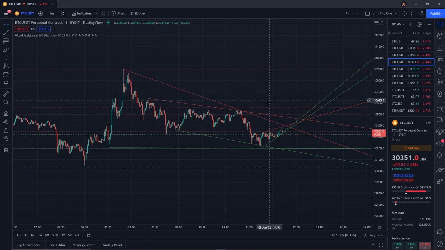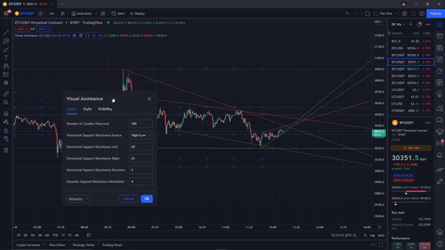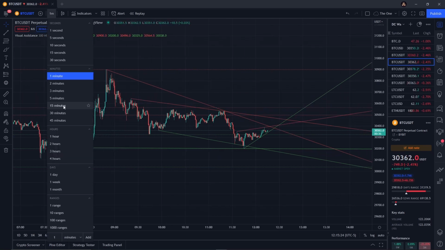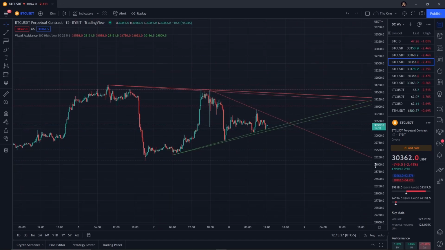So if you trade on the 1 minute time frame, you know that these can be respected and disrespected quite quickly. So it's nice to, like I said, change some of these around based upon your style and preference. And if you don't have a style or preference, just go ahead and leave everything default and you're good to go. So I'll go back up to the 15 minute time frame now and we'll take a look at the